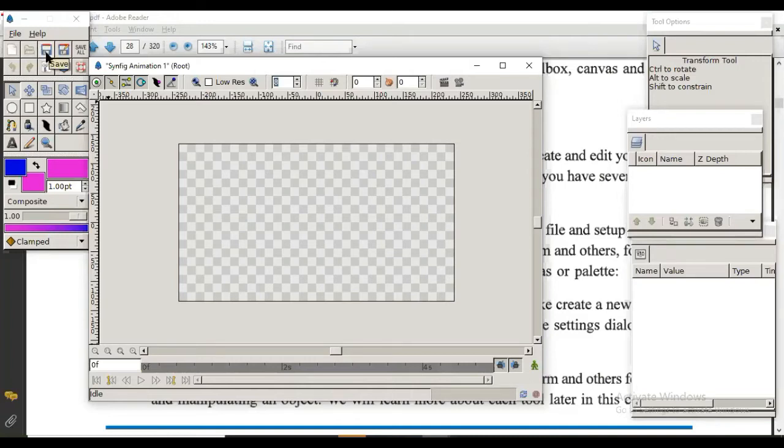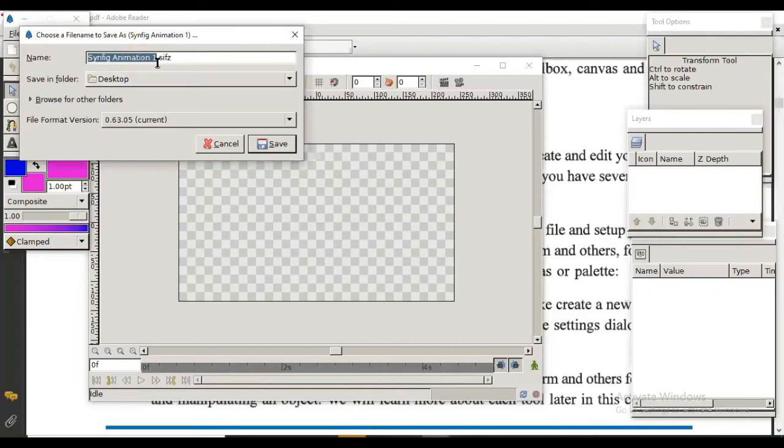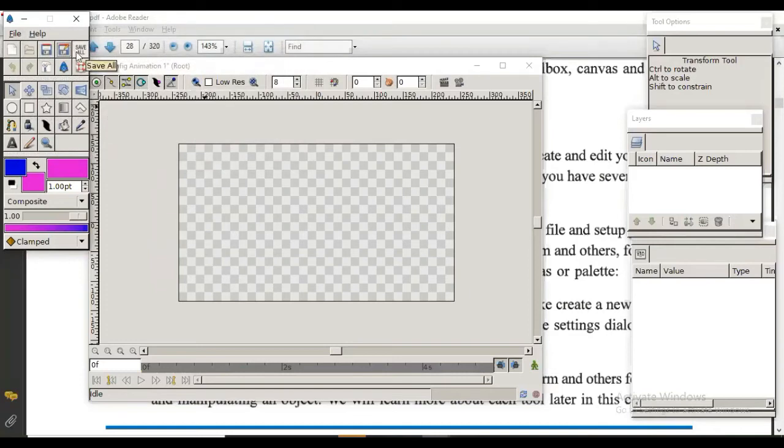This is save option, means by clicking on this button, you will be able to save this animation with Synfig extension, that is .sifz. This is save as. That means if you want to save it with any other extension, at that time you can use this. Then save all. If there are multiple files open and you want to save all files together, then save all is there.